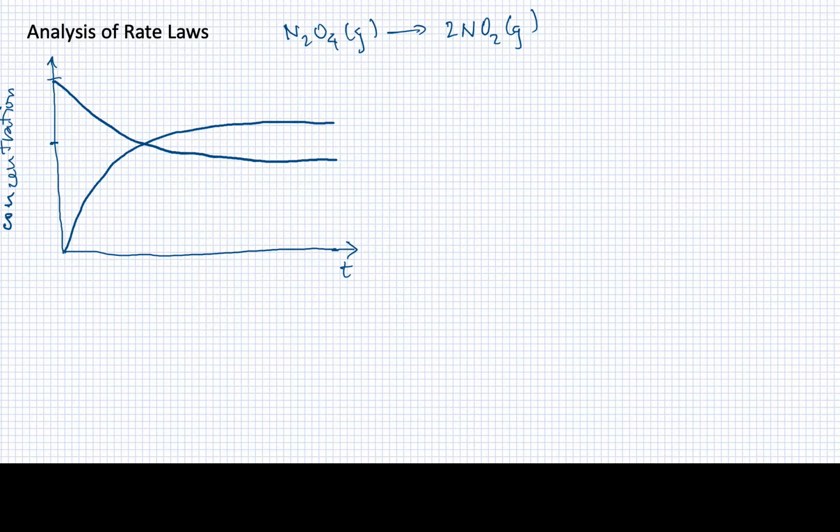So that we understand exactly what we can learn from a rate law, I want to use a particular example, and that is the dissociation of N2O4 into two NO2 molecules, to illustrate this a little bit and talk about some of the things that we might look for if we were to graph some of the quantities we're talking about. All right, so what I've drawn here is a graph of the time evolution of this reaction as it